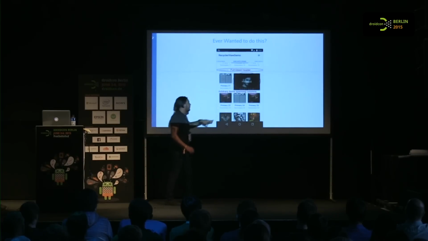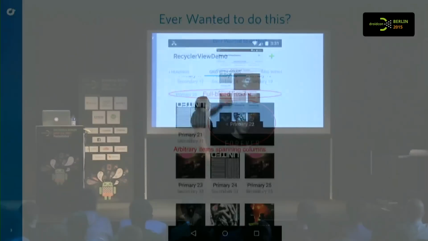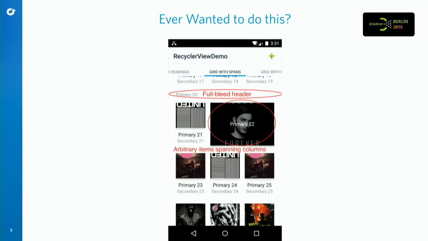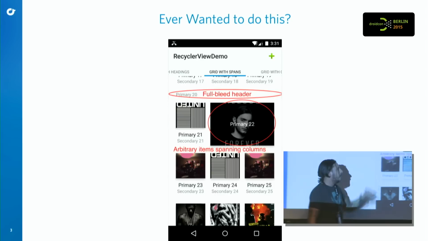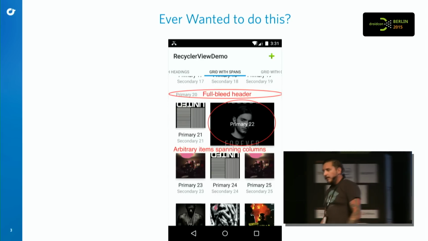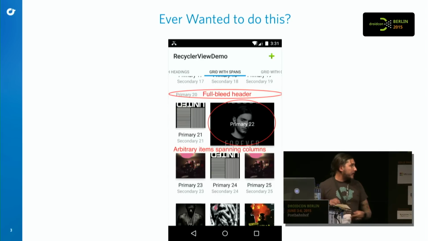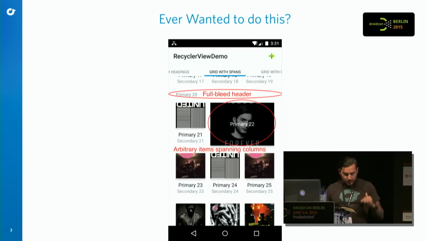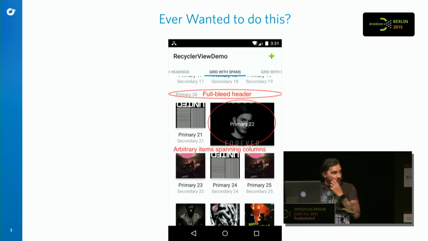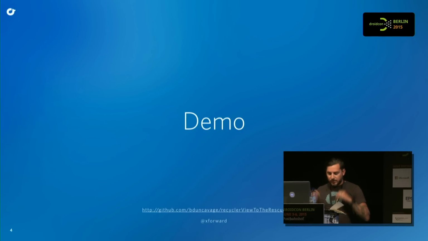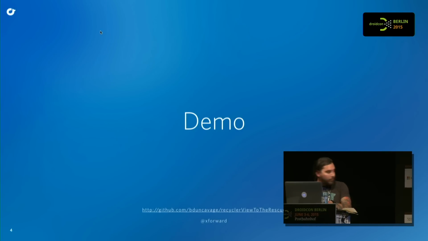Now the current grid view doesn't do this at all, really. You can implement a header grid view if you want, but it really does headers and footers that surround the content. It's hard to get it to be part of the content. But with RecyclerView, it's very easy to do something like this, and I will show you in just a bit. But I think a video or live demo is going to be more exciting than just looking at a static picture. So I'm going to bring up